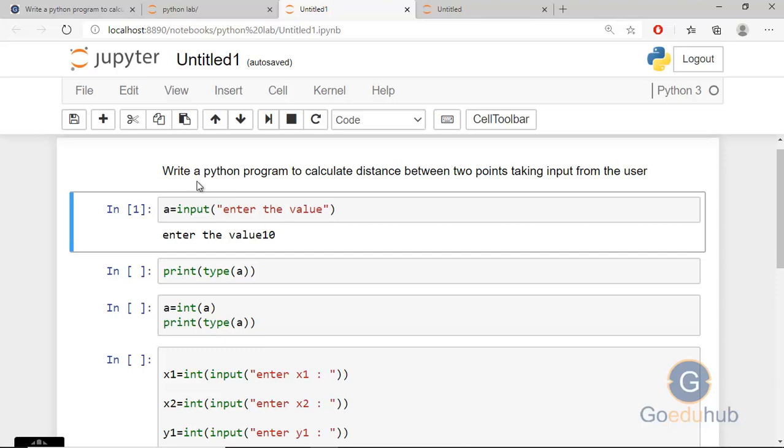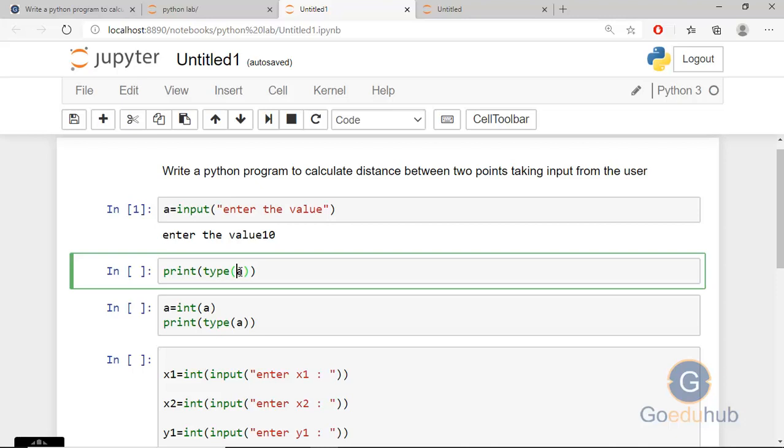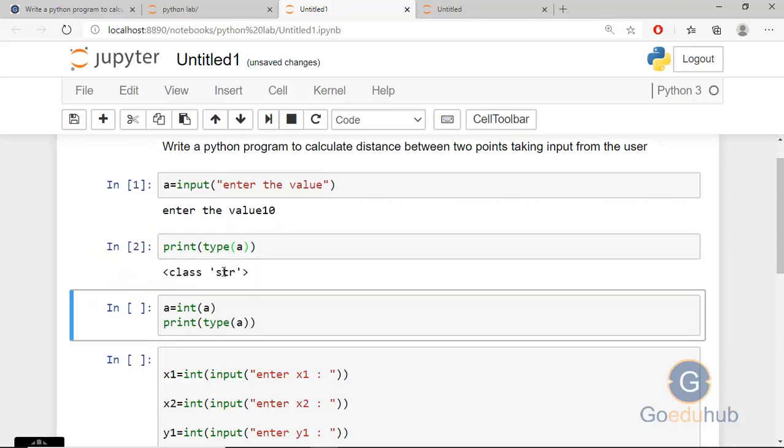First I'll check the type of a, to see how Python has taken the value of a. You can print a, it will print 10. And I just want to check the type of a, so type of a, and you can run this block. You can see here it is a string. You have provided an integer value, but Python interpreted this as a string. Now what I can do is convert this string to an integer using the inbuilt function int. Or if I want to convert it into a float, then I can use the inbuilt function float.